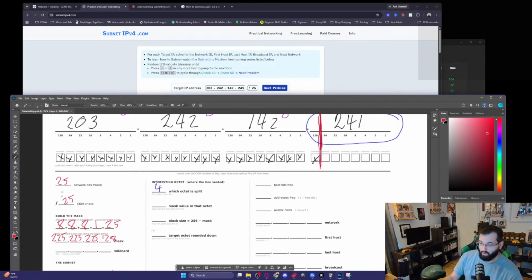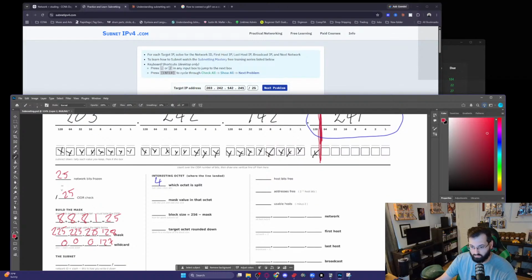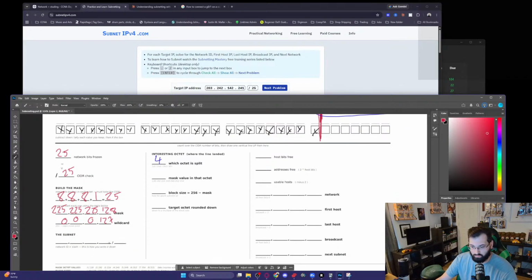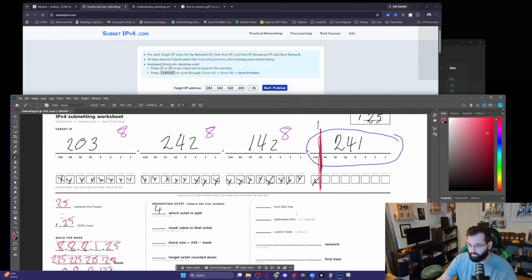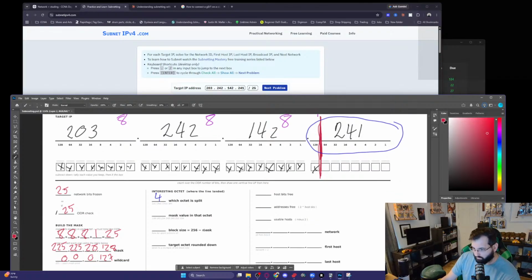Which means that the wildcard would be 255 minus 128, 127. So that's the wildcard. So the subnet would be what's up here. Okay. So then the mask value